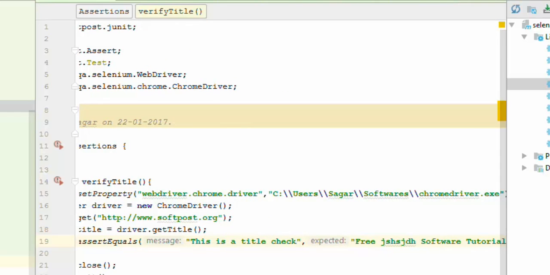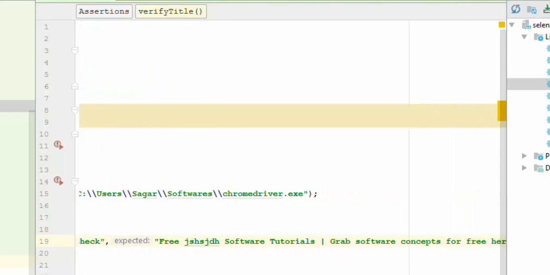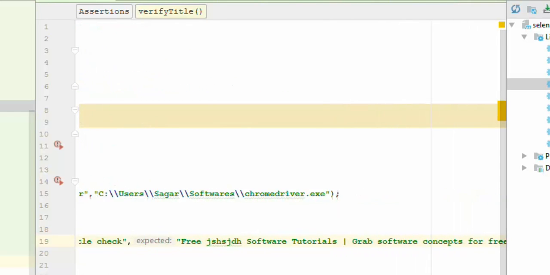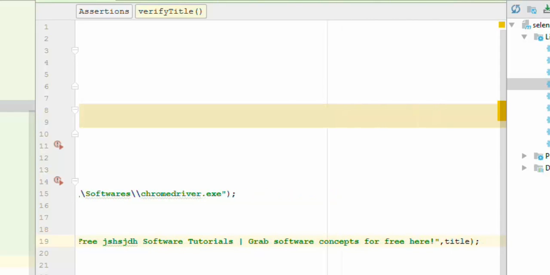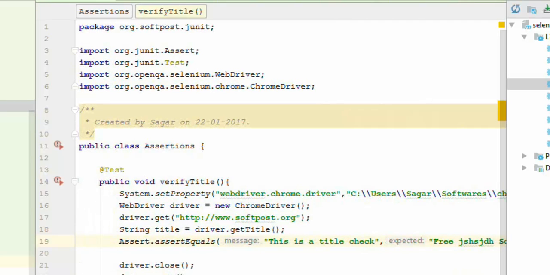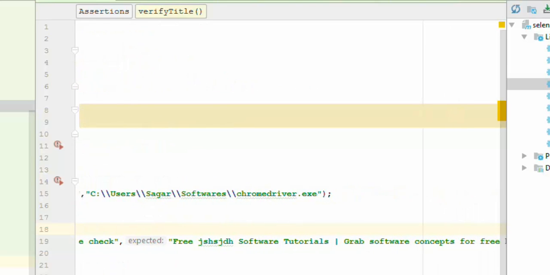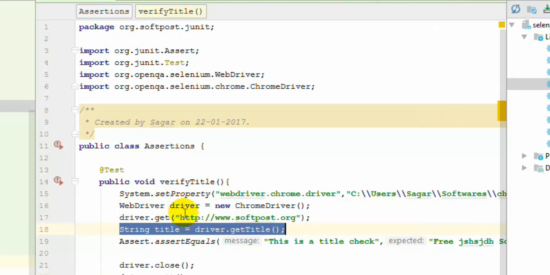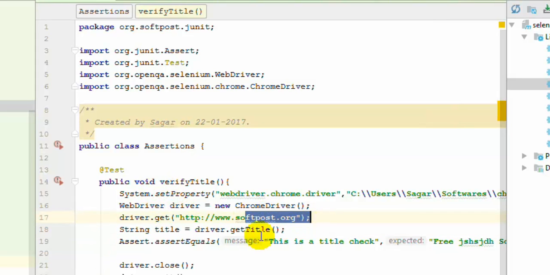So this is optional. The first parameter is optional and the last two parameters are required parameters. That is, you have to give the expected value and the actual value. The actual value we are going to get from Selenium. This is the getTitle method, and the expected value we actually know, so I have just put it over there. So what we are doing in this test is launching the browser, going to this particular URL and